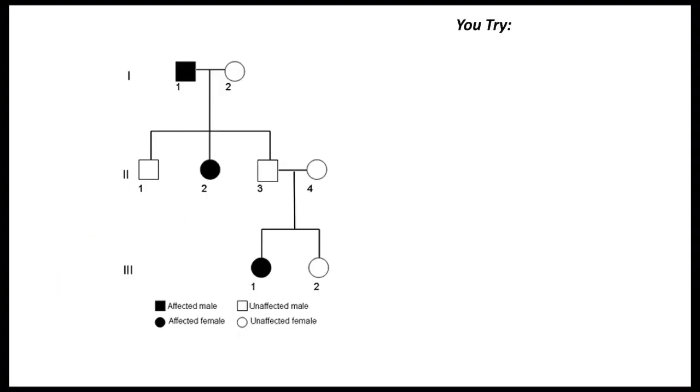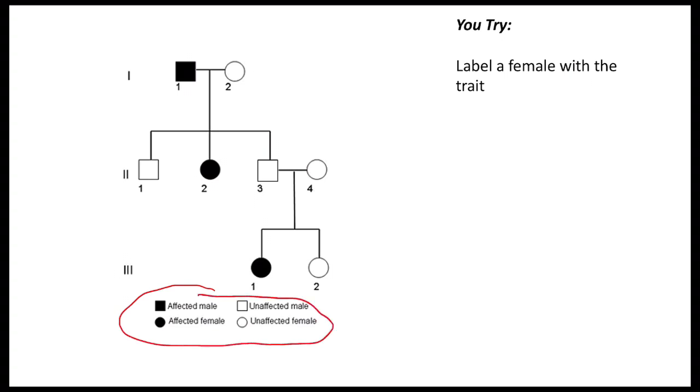Okay, so now let's try an example together. Label a female with the trait. Which female has the trait? We can look at the bottom here, and we have a legend that tells us. Affected male and affected female means that those individuals have the trait. If we're looking at an affected female,